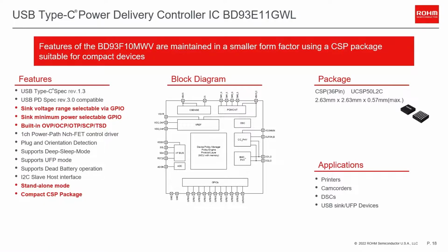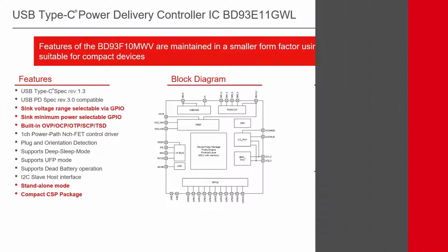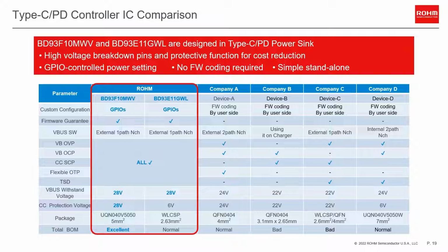BD93E11GWL comes in a space-saving CSP 36-pin package measuring only 2.63 mm by 2.63 mm. When compared to some other vendors' solutions, ROHM's BD93F10MWV and BD93E11GWL have many advantages, such as CC pin able to withstand up to 28 volts on the BD93F10MWV version,